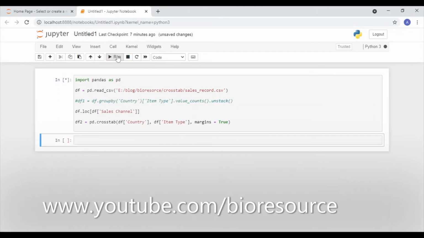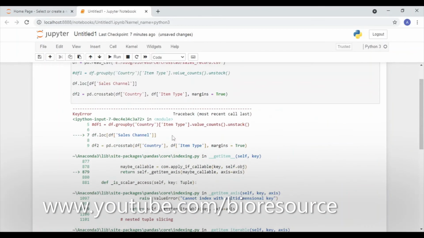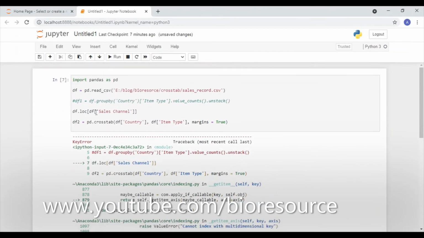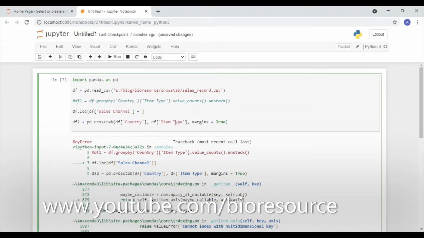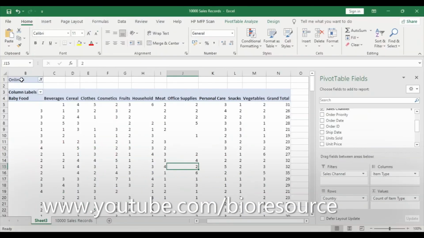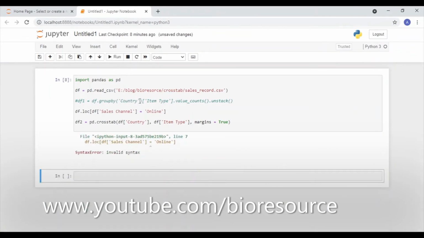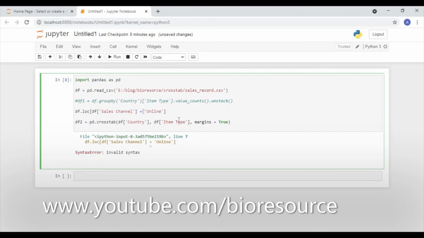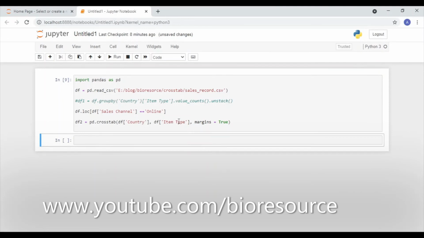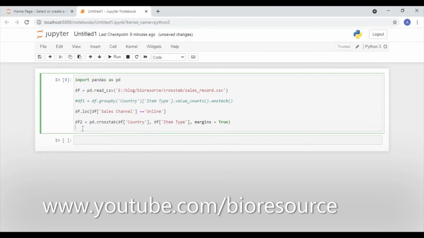Now let's run this and see. We have got an error here. Okay, we have to specify what we want to filter. Okay, we have got one more error here. Okay, so in Python we have to use double equal. Okay, now that is running fine.